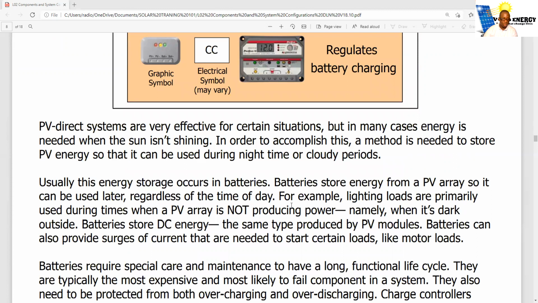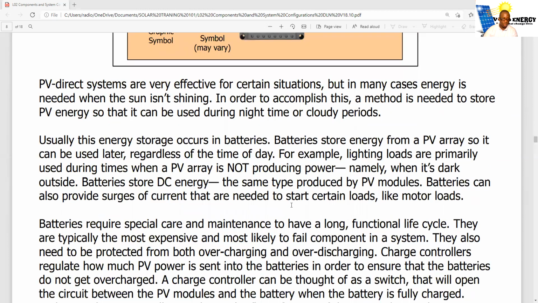PV direct systems are very effective for certain situations. But in many cases, energy is needed when the sun is not shining. In order to accomplish this, a method is needed to store PV energy so that it can be used during nighttime or cloudy periods. Usually, this energy storage occurs in batteries. Batteries store energy from a PV array so it can be used later, regardless of the time of day. For example,